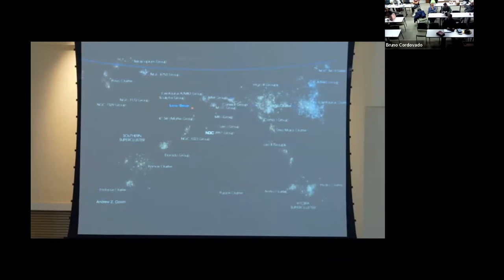It's at the nexus of 3 subfilaments. If you're not near a filament or a subfilament, there won't be enough tiny dwarf galaxies there to sustain the spiral structure. But notice that we're in a grouping of galaxies that's in the least dense part of the Laniakea super galaxy cluster. And we're living in the smallest galaxy group of all the galaxy groups that exist. And notice that the big clusters of galaxies are all tilted way over to the right.